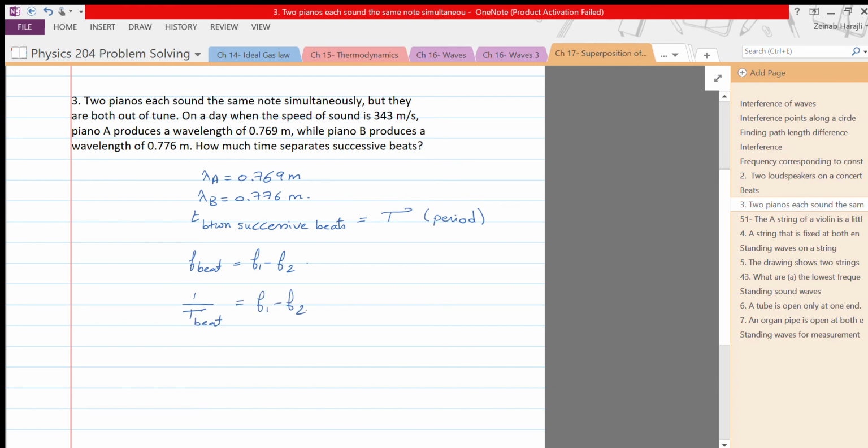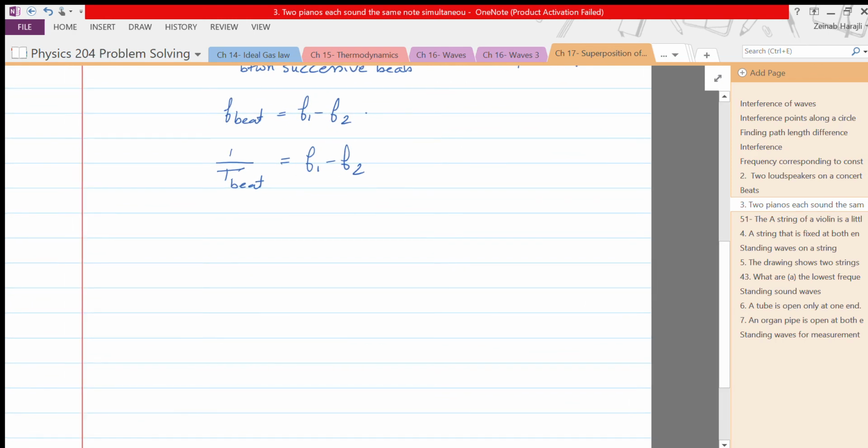I will keep these in terms of the frequency because we are given the wavelengths. We're not given the periods of the two waves emitted by the two pianos. And then we can rearrange this